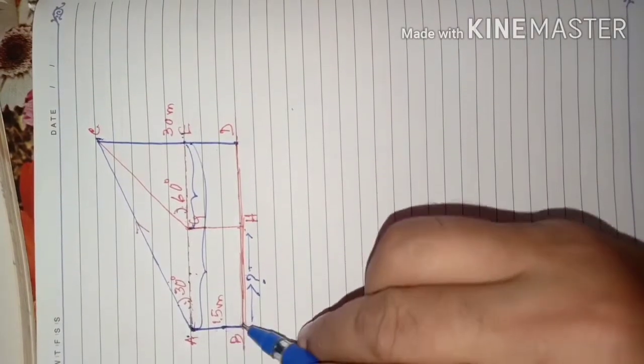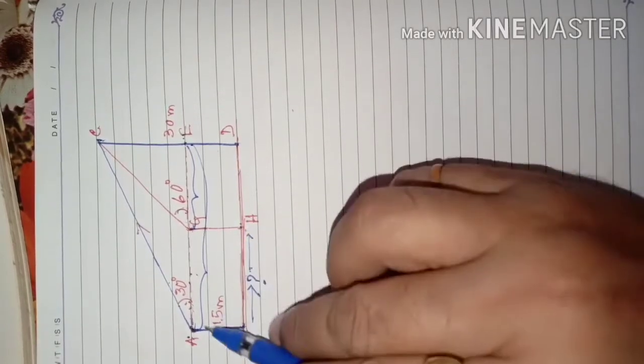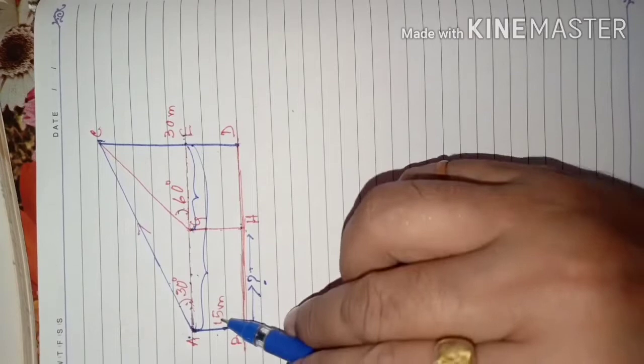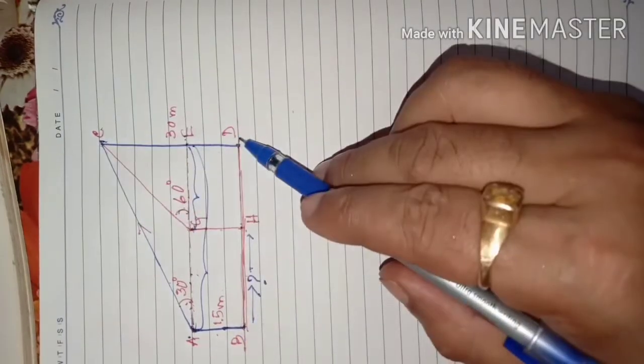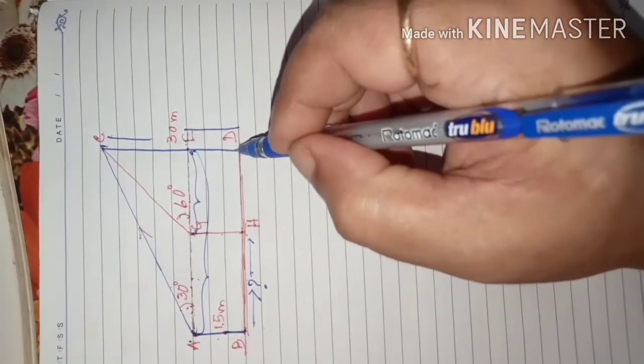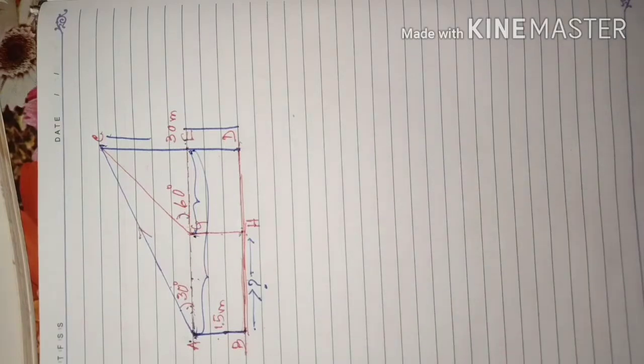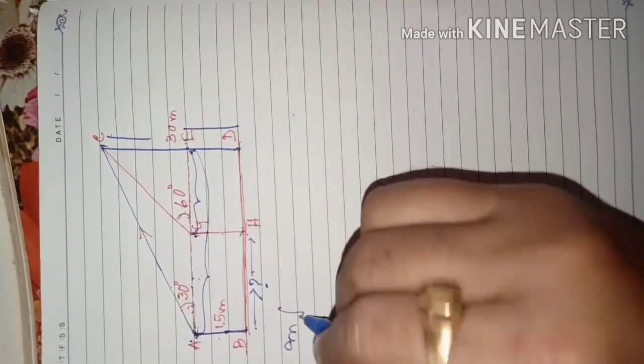In figure, AB is the height of the boy, which is also equal to ZH. AB is the height of the boy, equal to ZH, is equal to 1.5 meter. CD is the height of the building, which is 30 meter. Also ED will be equal to GH, which will be equal to AB. So here you say like this. In figure,